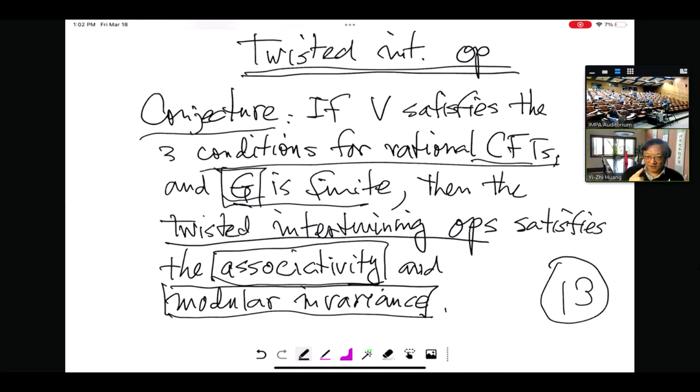If the group element is not of finite order... certainly when G is finite, every group element is of finite order. Therefore, we do not have a logarithm. But in the most general case, this is a conjecture. The more general problem is for a more general group. So the twisted vertex operator